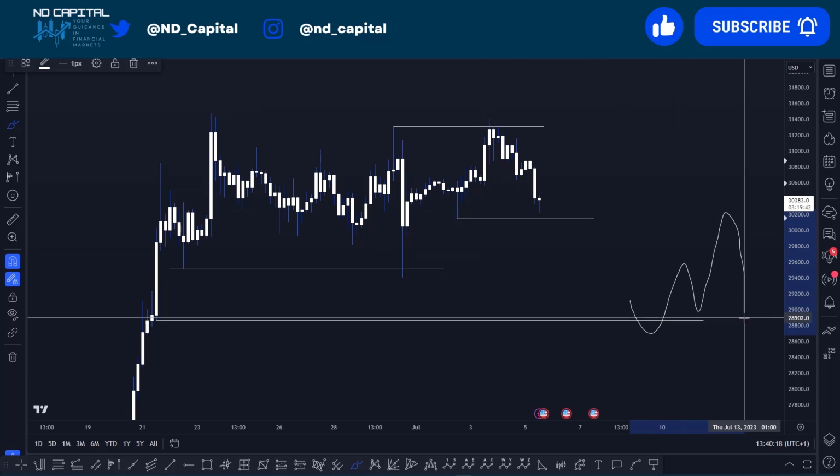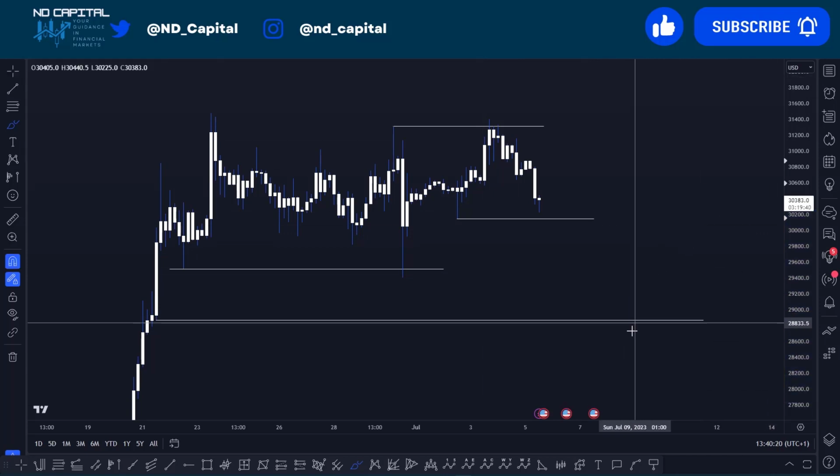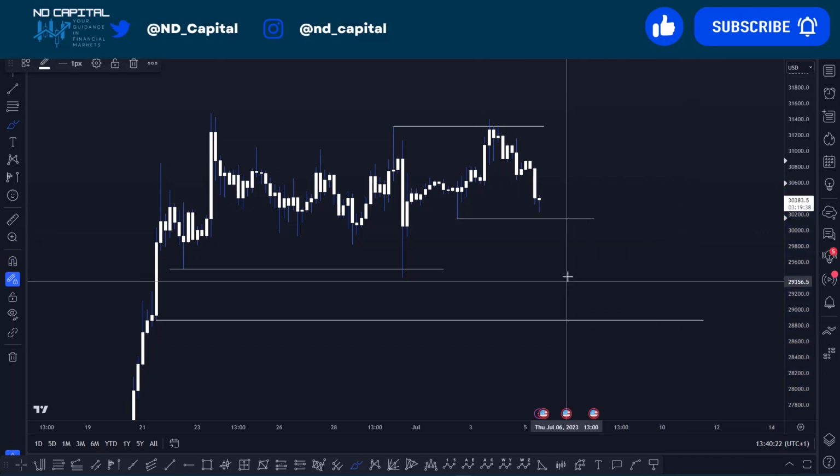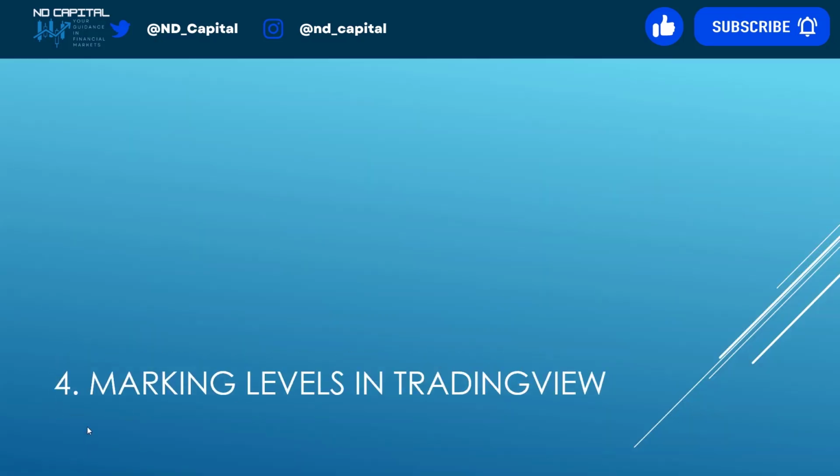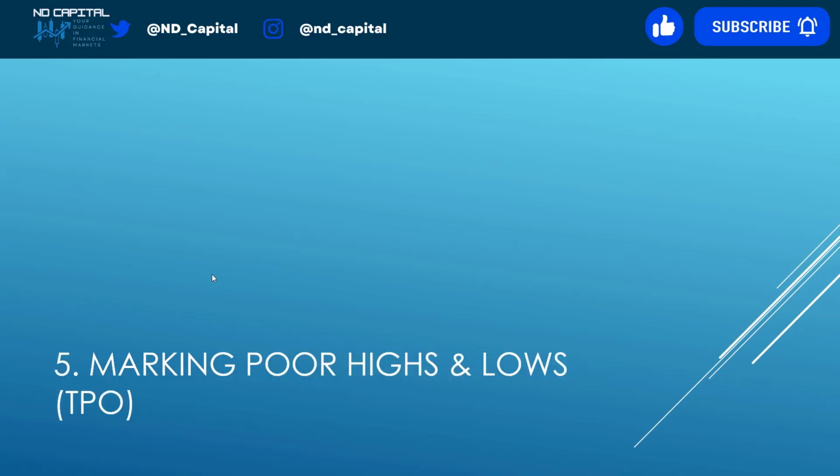Price makes something like this, and then it can continue downwards as well, but keep in mind you're just looking to get in, get out. You have a tight stop. So yeah, now this is how you mark out the levels, and the next point is marking out the pull highs